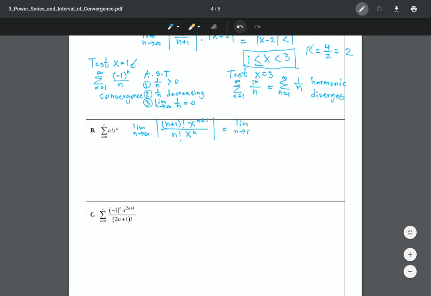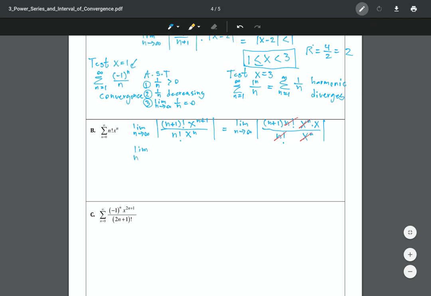Sorry if I write too much work on this. I feel like I have to. So I have n plus 1 factorial. It can be rewritten as n plus 1 times n factorial. And then x to the n plus 1 can be rewritten like this. Now I have n factorial, and I have an x to the n. This is going to cancel this. This is going to cancel this. So essentially what I have